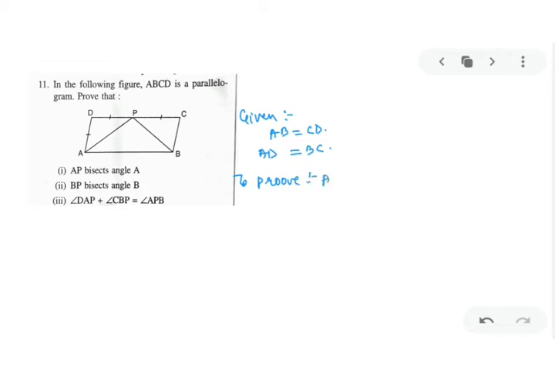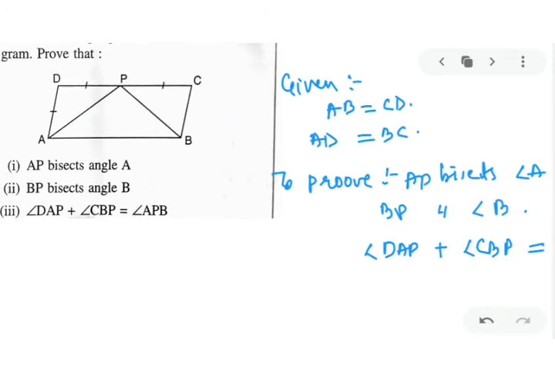You have to prove that AP bisects angle A and BP bisects angle B, and angle DAP plus angle CBP is equal to angle APB. Now my dear kids, first look at the problem. If you look carefully, in this parallelogram you are given this mark, that means AD is equal